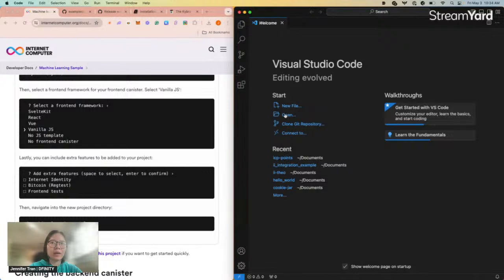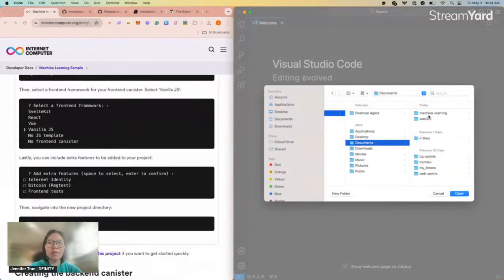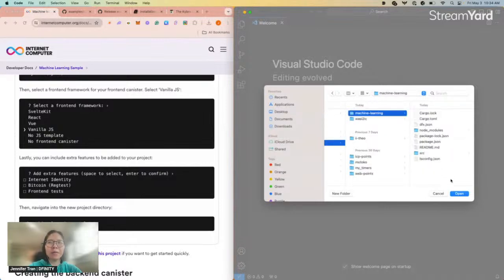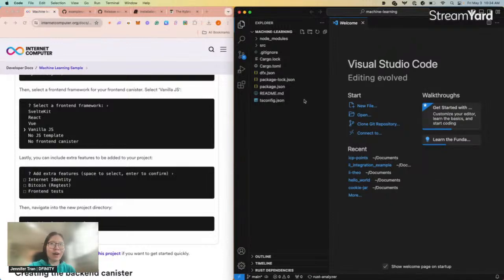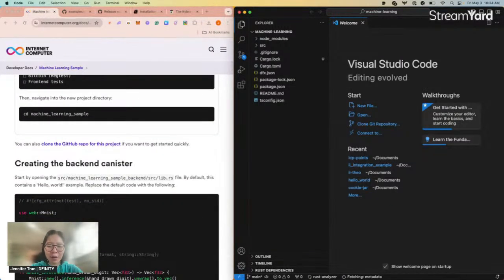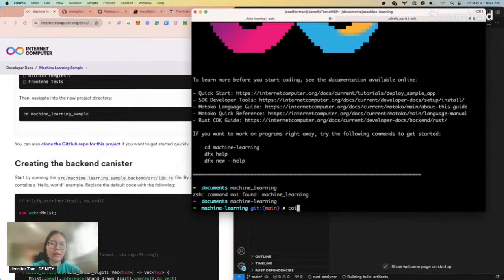So let me open this file. There's also another way: you could do code dot and it should open the same folder. I didn't do that, but if you ever want to open this folder on your machine, you can just do code dot, and it should open it for you.